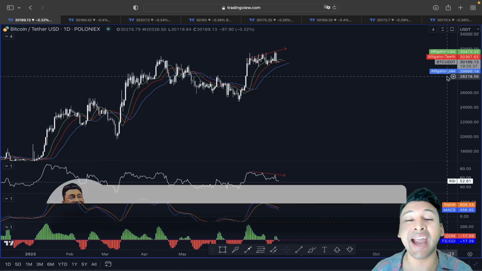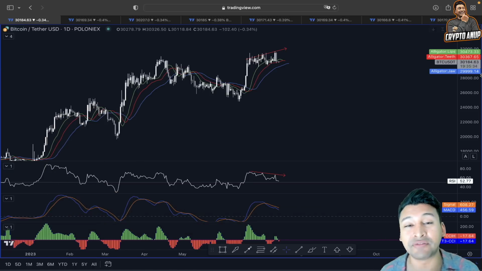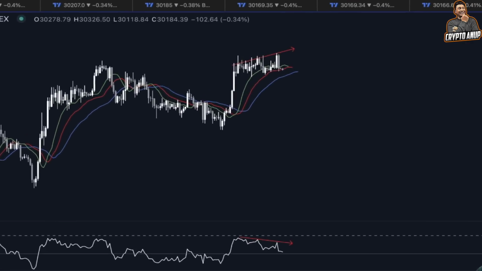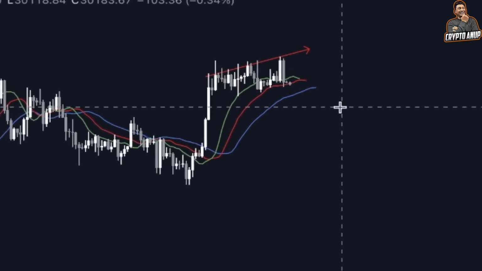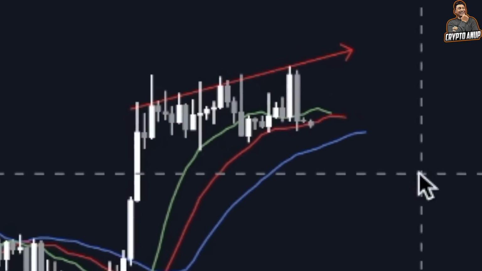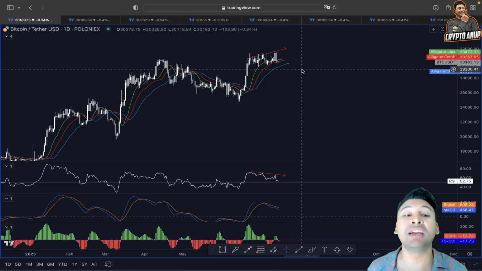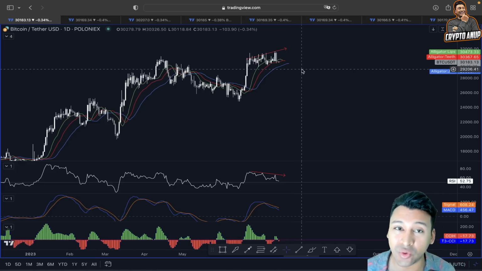So looking at this price action of Bitcoin here in a daily time frame, we can see, guys, after this bearish divergence on RSI, the price of Bitcoin is clearly showing weakness and also looks like could be getting attracted towards the next area of confluence here to the downside, which could be around 28,000 range.